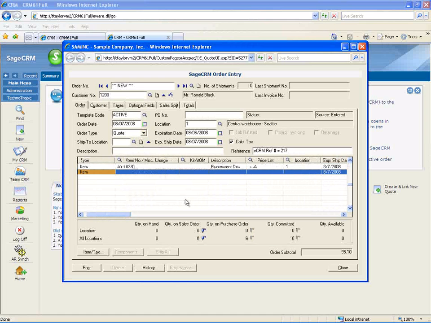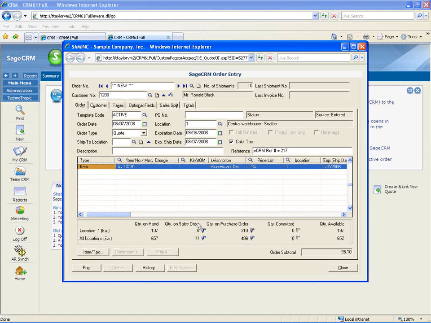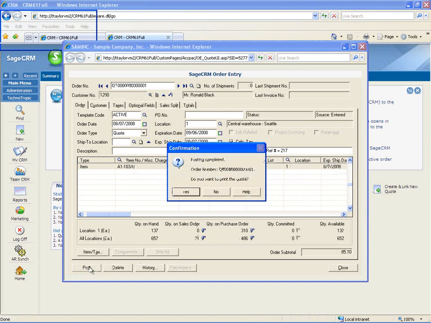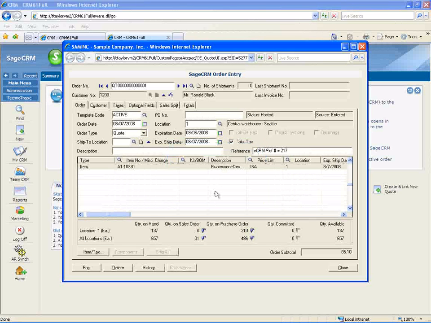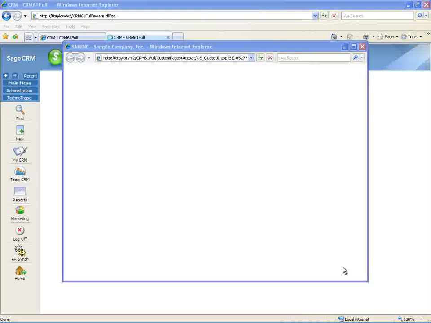After completing the line, I can go back to the line. I can see location details, location information specific to this item. I can now at this point post this transaction, and once this is posted, I can print this. I can choose to print it. It's just a typical Accpac ERP quote, so I'm going to say no at this point. So now that item's been processed and the quote number's been generated, I can close this screen,